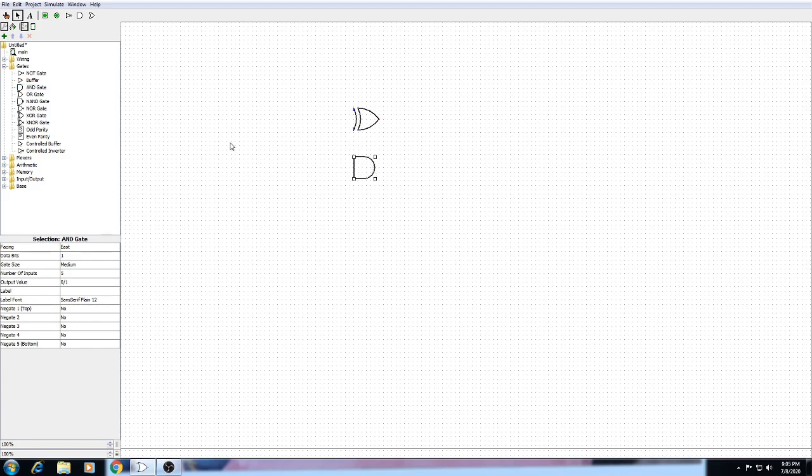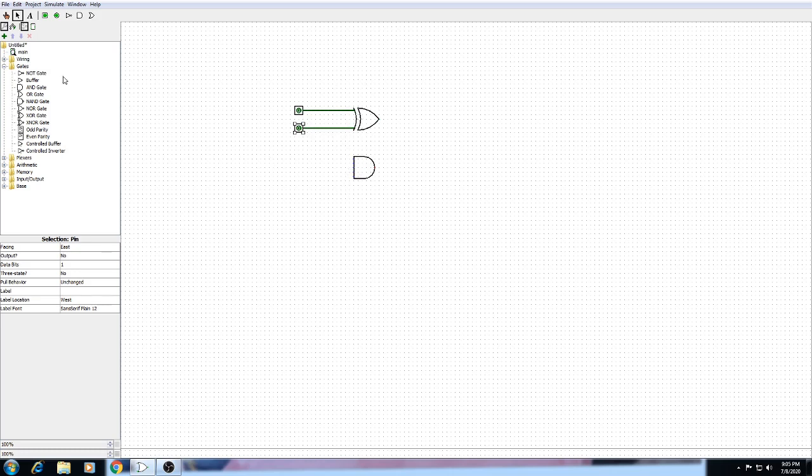Then first we design the half adder quickly. For the half adder we require 2 inputs, so we take these 2 inputs and connect them quickly. This is how we can connect.